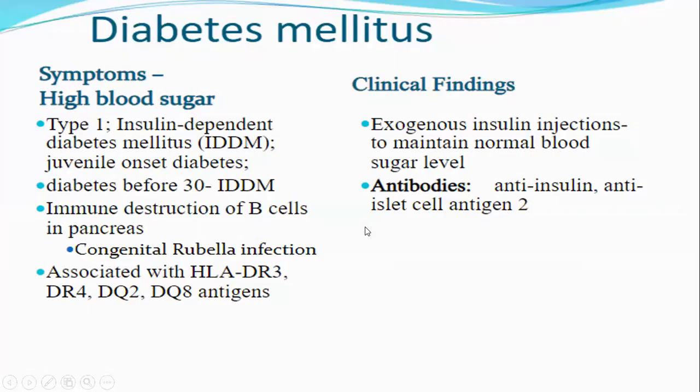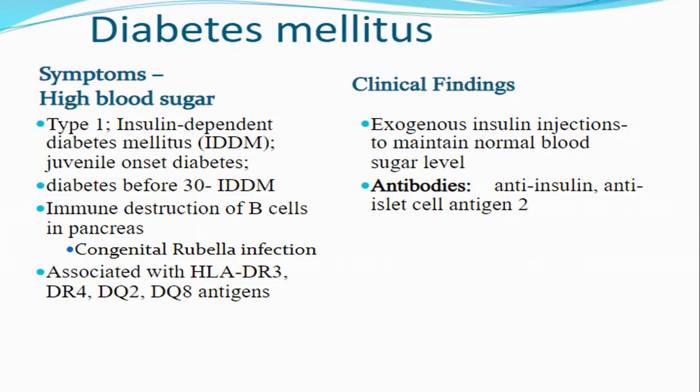Then another autoimmune disease is what we call diabetes mellitus, particularly type 1. So this is also known as insulin-dependent diabetes mellitus, juvenile onset diabetes, diabetes before 30. This basically involves disruption of beta cells in the pancreas. Now, autoantibodies are actually directed to B cells, leading to its destruction. And so destruction of your B cells, which are responsible for production of insulin hormone, this would actually cause